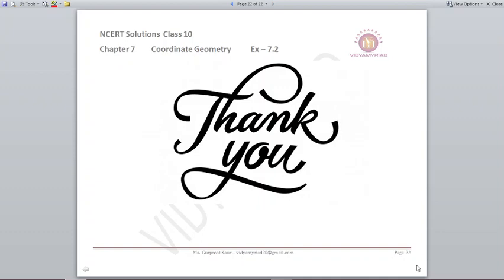That's all for this exercise, children. Please read the question very carefully and understand which formula you have to use. Either section formula will be there, or you will have to find the midpoint. So using that you will be able to do this exercise. Just 2 formulas are there. Remember the sequence, that is very important. Just write in your rough if you think that you will forget the formulas and the arrow parts, so that you don't make any mistake.